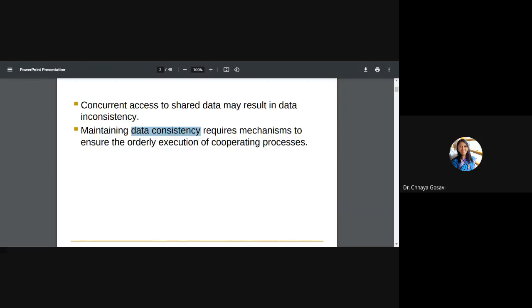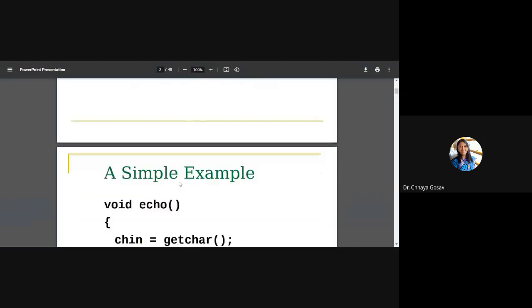So to maintain this data consistency, there is a need for some mechanism to ensure orderly execution of cooperating processes. These parallelly executing processes we call cooperating processes: they are executing parallelly, but there is some synchronization, some communication, some order maintained between them, right?